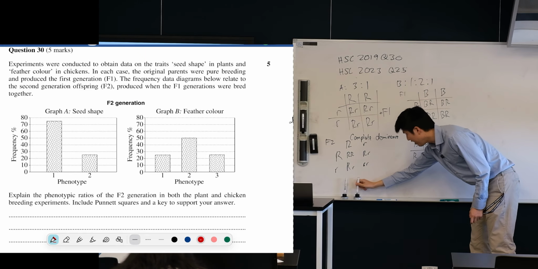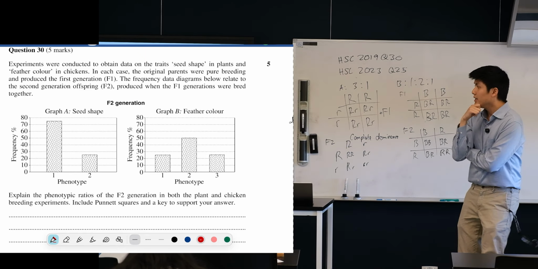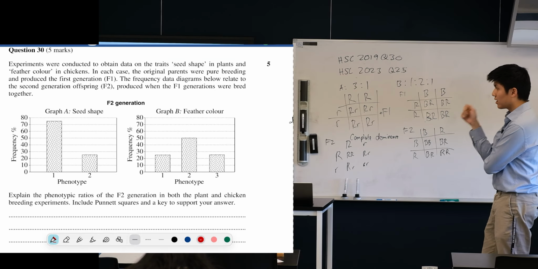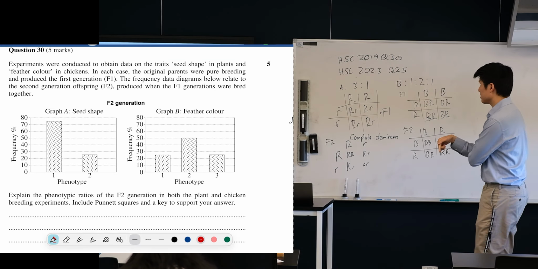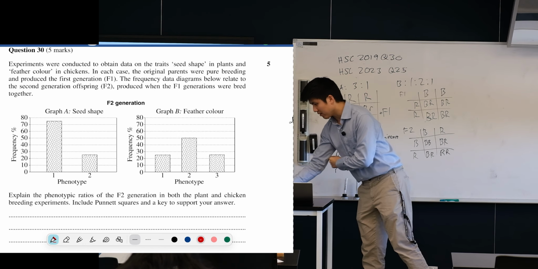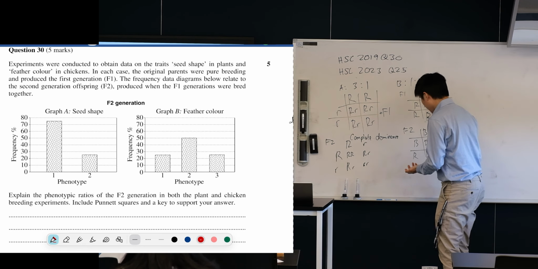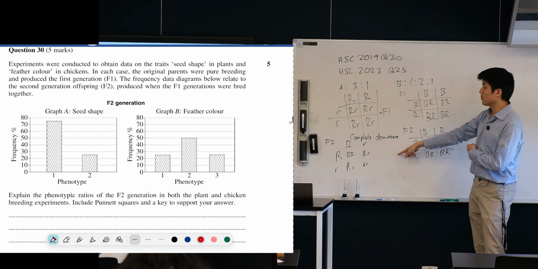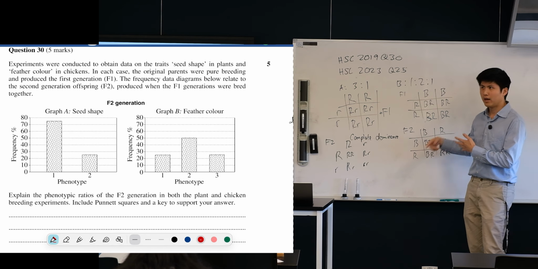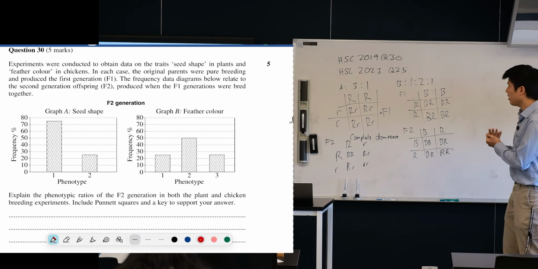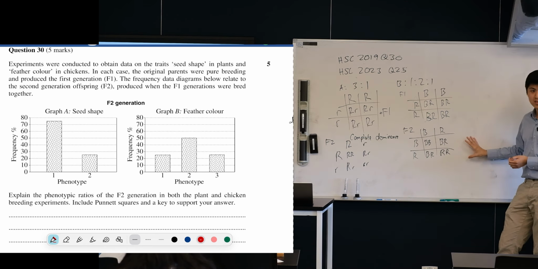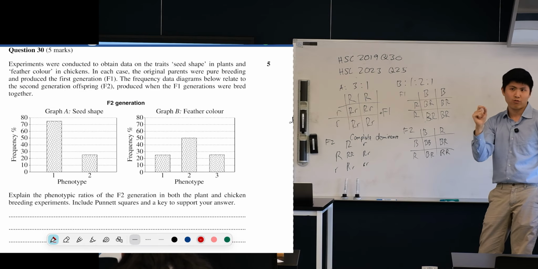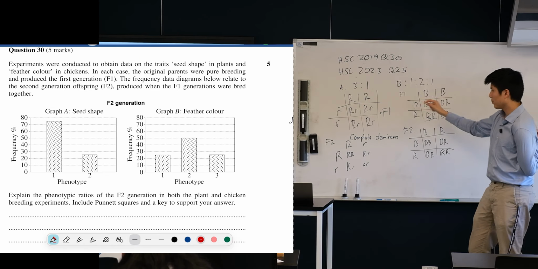Now, it's a 5 marker. And the question says, explain the phenotypic ratios in both the plant and chicken breeding experiments, include Punnett squares and a key to support your answer. So what do you need to get 5 marks? Well, you should probably have this ratio in your answer. You need to show your Punnett squares as well. You could probably get away with just showing your F2 Punnett squares that lead directly into the ratio, but you should write at least the F1 genotypes that you're putting in,